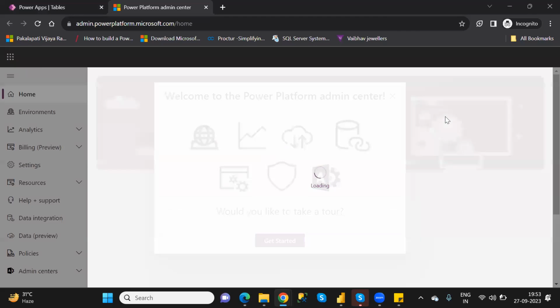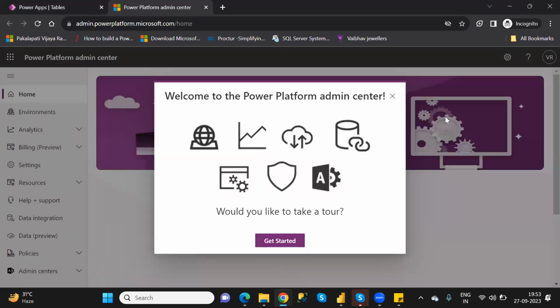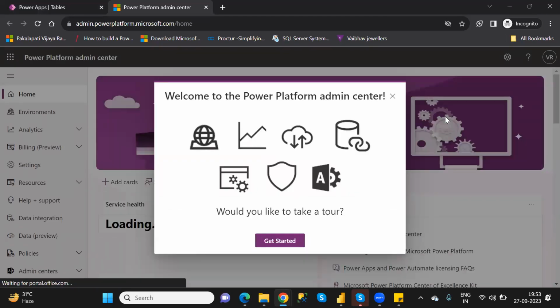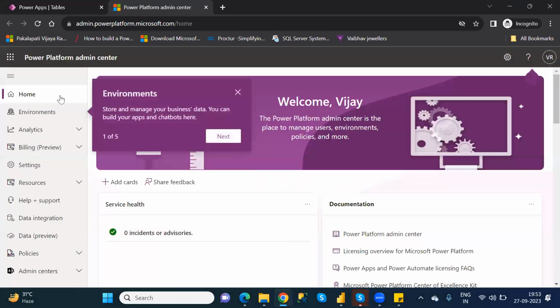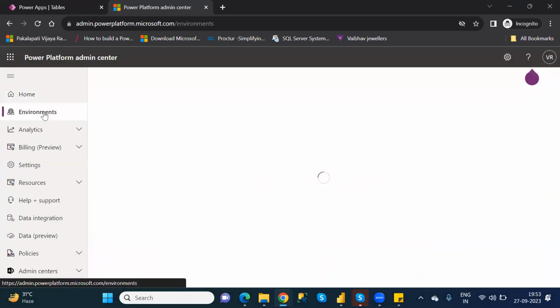Under the admin center, see here, you are creating environments here itself, right?